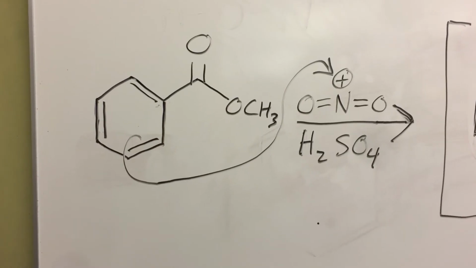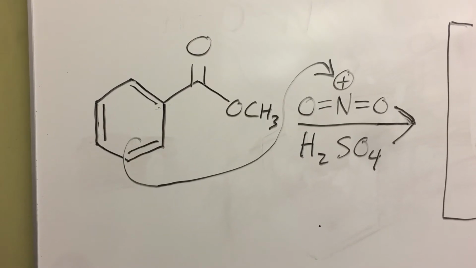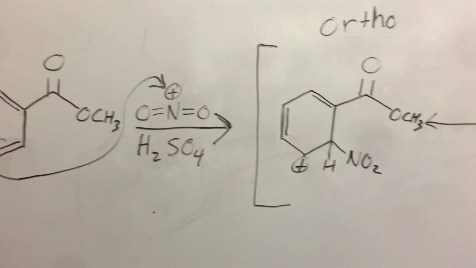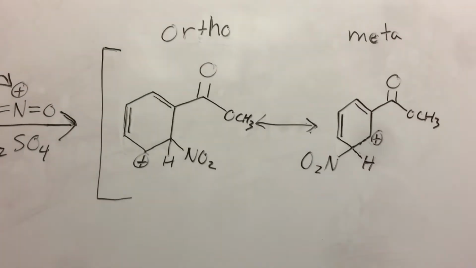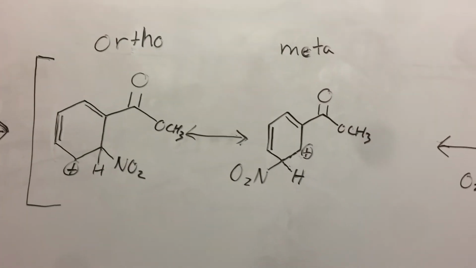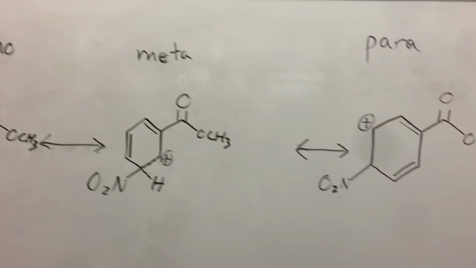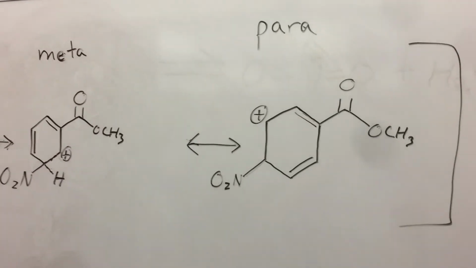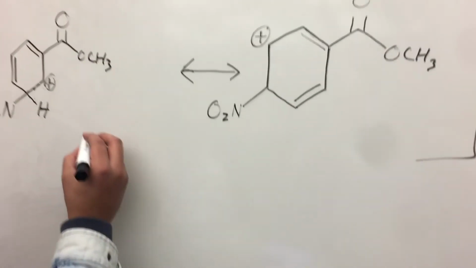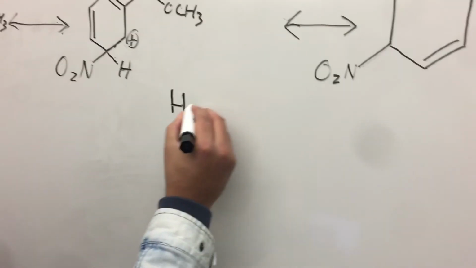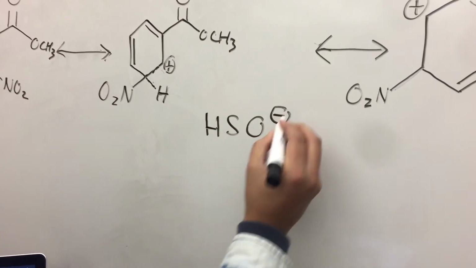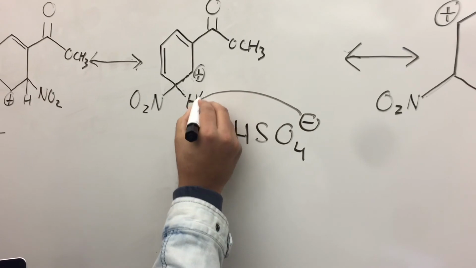Now we will delve into the second part of the reaction mechanism, which is the nitration of unsubstituted benzene. As Sam has drawn here on the board, the electrons from a double bond in the benzene ring attack the nitrogen in the nitronium ion, forming several cation intermediates shown here. It is important to understand that each of these isomers form at vastly different percentages. This is primarily due to the properties of the substituent group, as well as the temperature at which the reaction